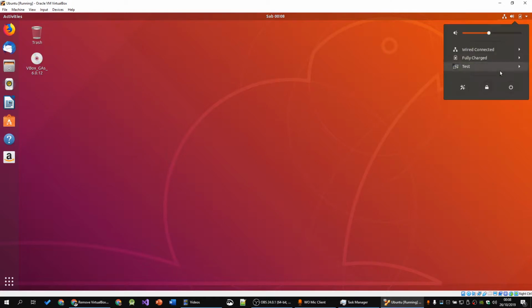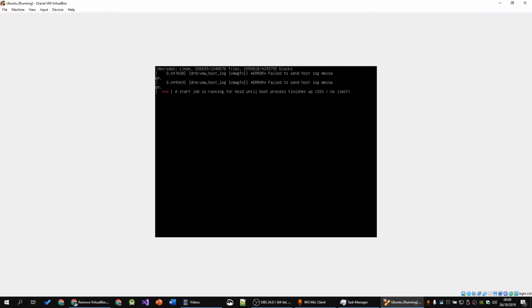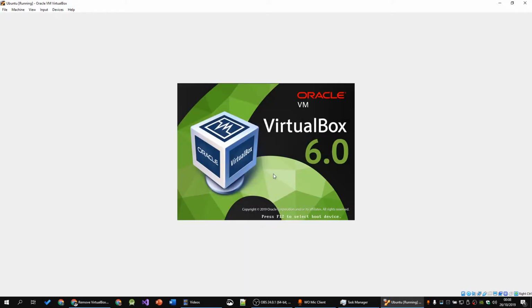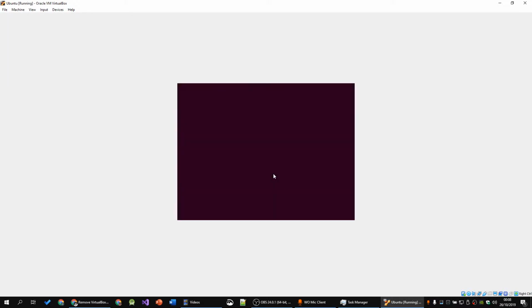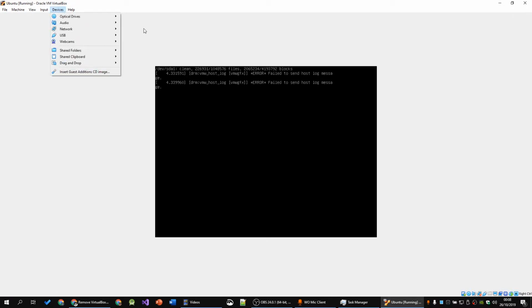It's recommended to now restart your system by going to the top right corner, pressing that button, pressing this button, and then pressing Restart. Give it a few moments to restart. And now you will see the biggest reason I personally install the Guest Edition CD image when